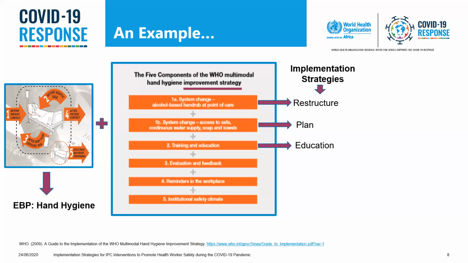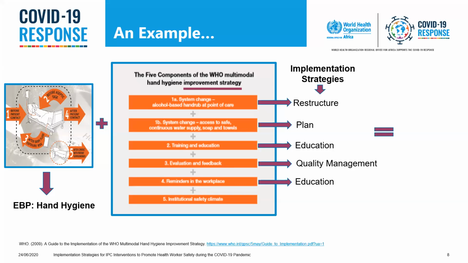We have to be able to share with our health workers and patients why we're now putting alcohol hand rub, how long to wash, how long we need to rub our hands for, and what percentage of ethanol needs to be in the hand rub. Then, of course, we want to make sure that we're doing quality management. Once we've implemented our strategies with our EBP, we want to know how well we are actually doing, right?